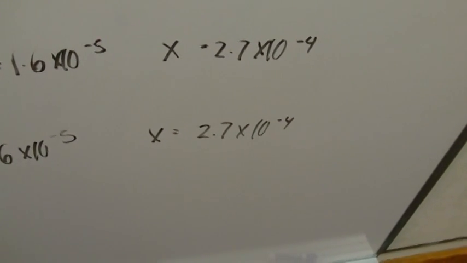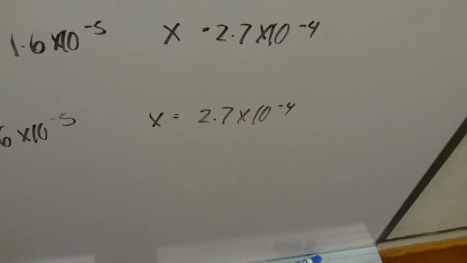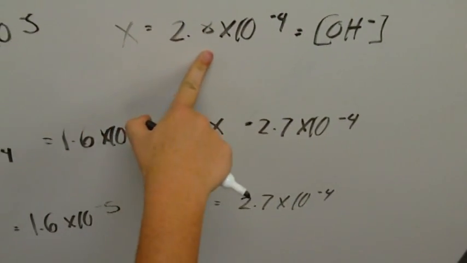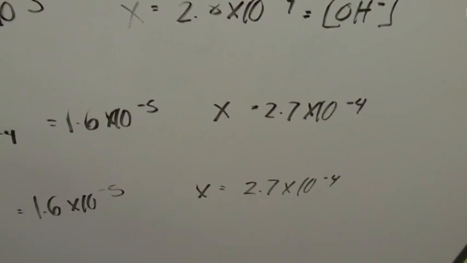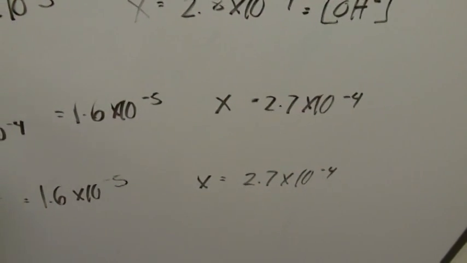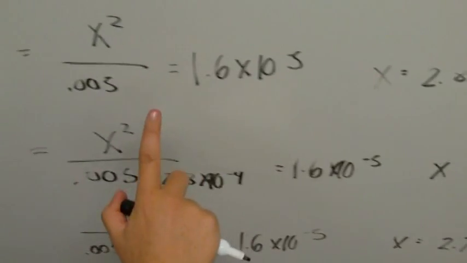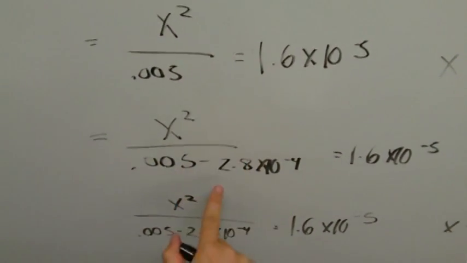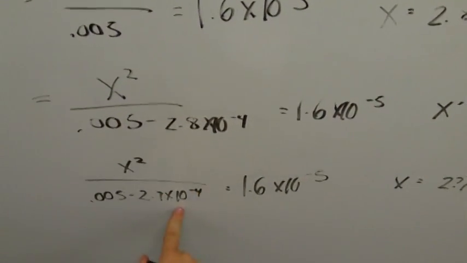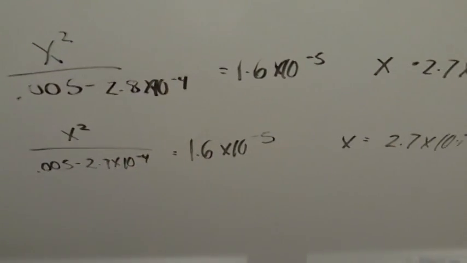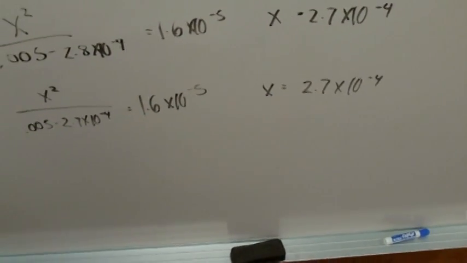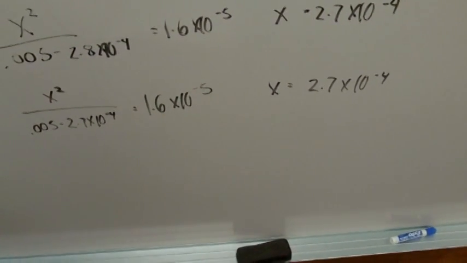And again, we did this successive approximation because our x value was not significantly smaller than the initial concentration, so we can't use that initial simplification. So we're going to go through and plug x in for the actual values that we find. So we find out that x is equal to 2.7 times 10 to the negative fourth, and from that,